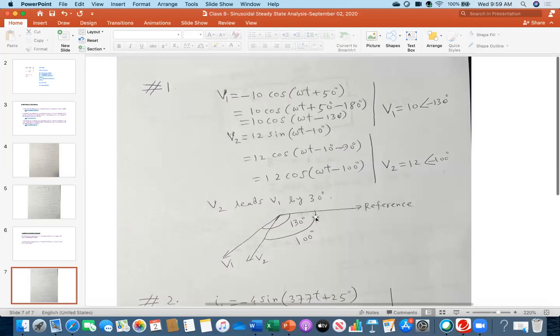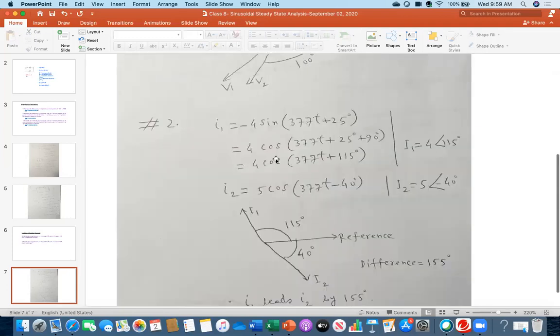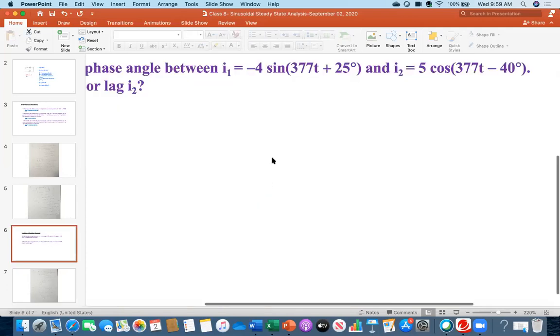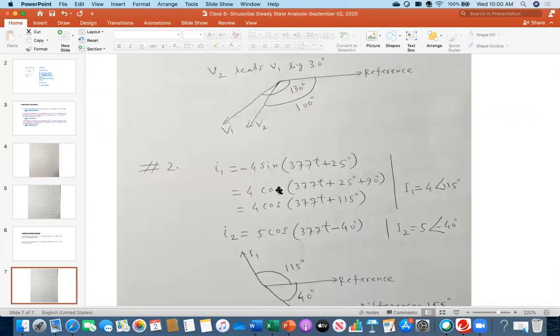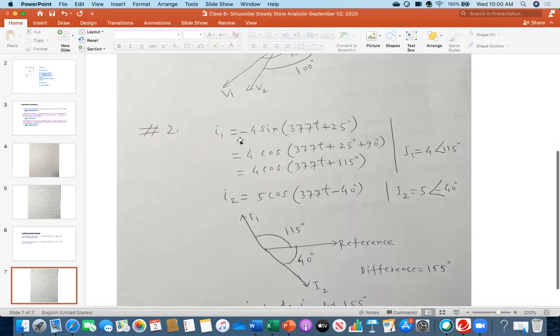So now see number 2, then again it will be clear to you. Number 2 was this problem, the phase angle difference between this one and that one. That was problem number 2. So everybody see, I1 was minus 4 sine of this one. As I said, my very first task is to convert sine into cosine and to eliminate the minus sign. So see what I did, 4 cosine of